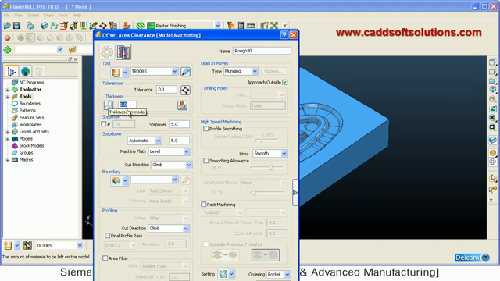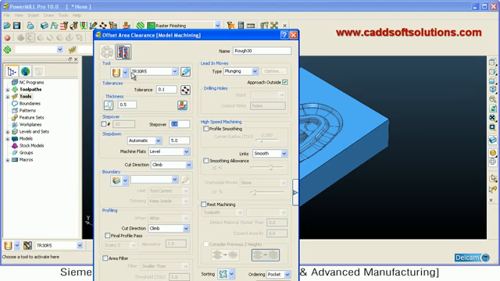Thickness is basically the material left after the running of that particular strategy. So it will be used for the finishing strategies. As per that you have to define. Suppose I want to run two finishing strategies, a semi-finish and a final finish. So I am keeping 0.5 as the thickness. Then here you have to define the step over. Step over is basically the gap between two cuts, so the spacing between the two cuts.